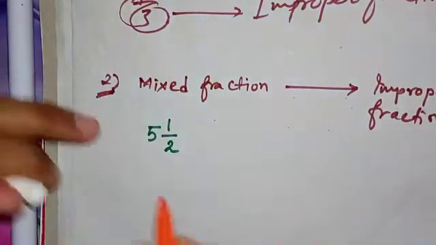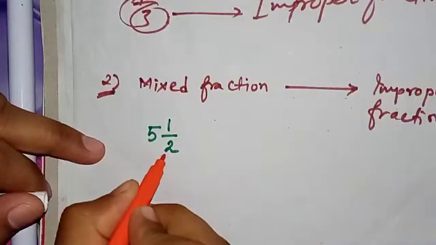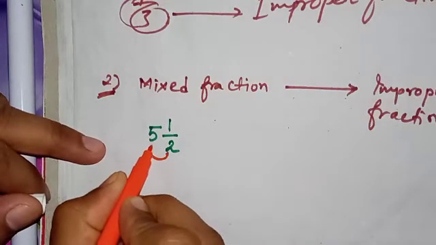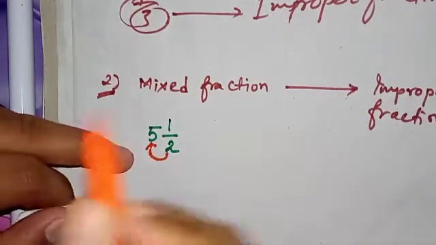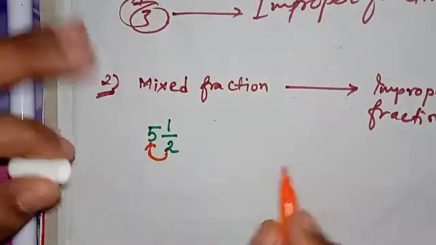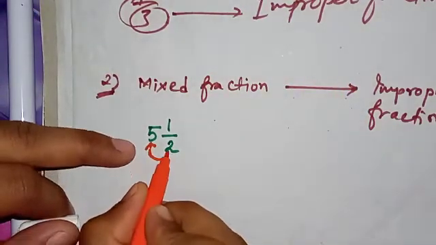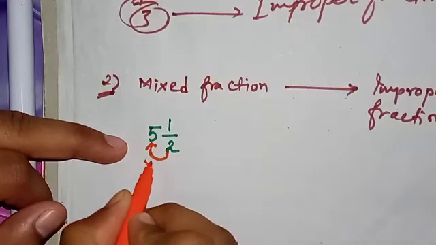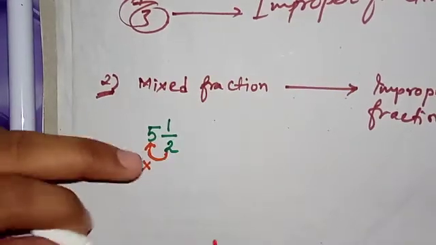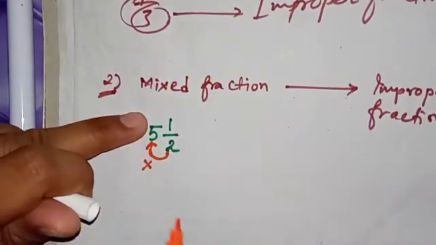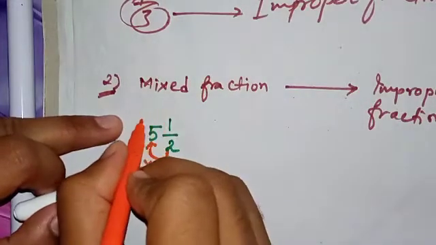Look over here. What you have to do is multiply 2 by 5. And you can do this verbally. You don't have to show it. Okay? So you multiply this 2 by 5. You are getting 2 5s are 10. Hold on. 2 5s are 10. So you got 10 over here.